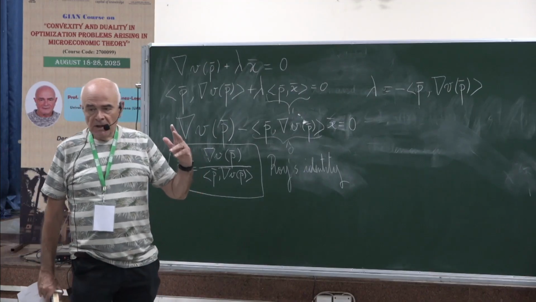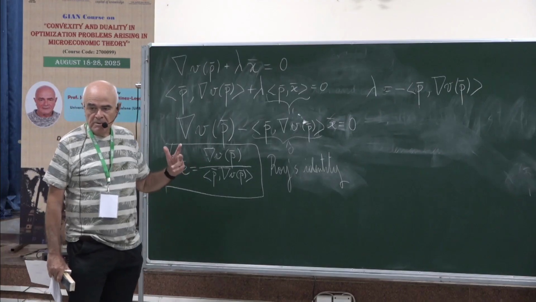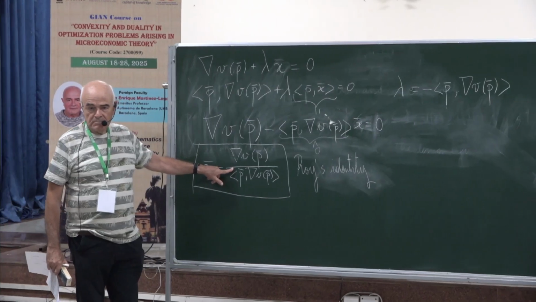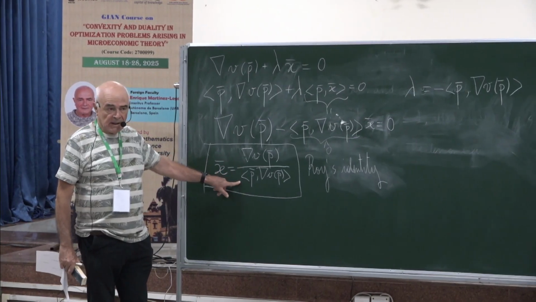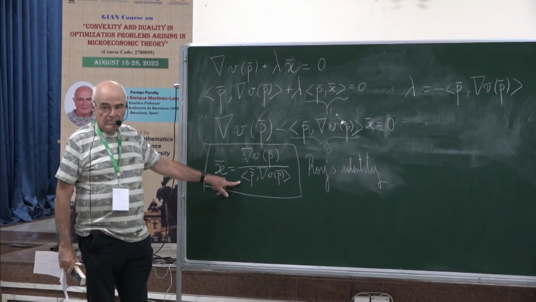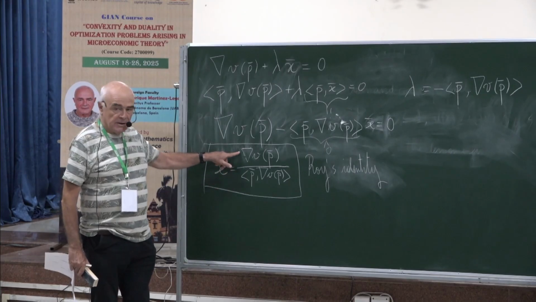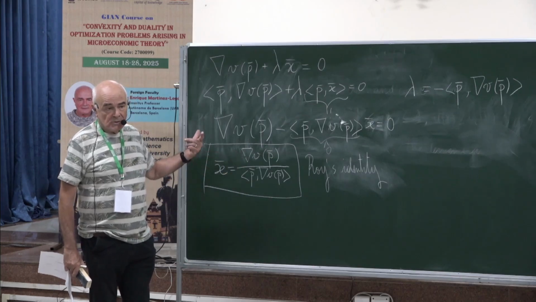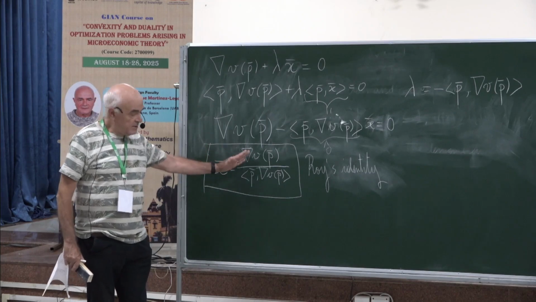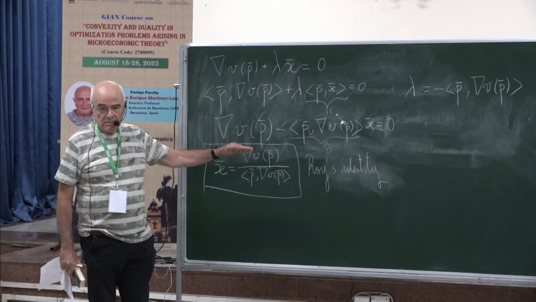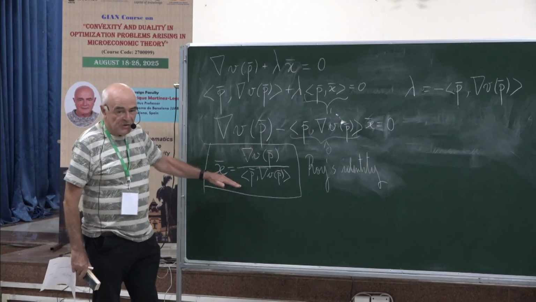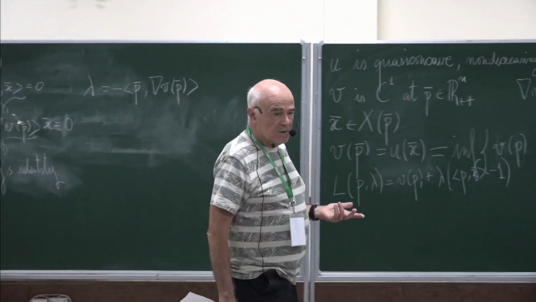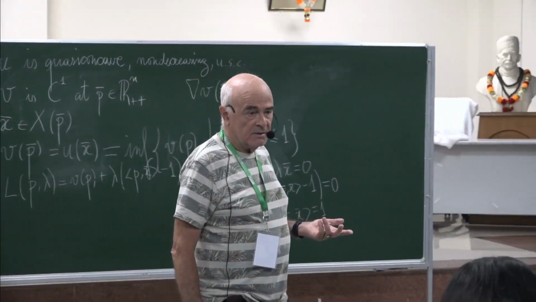So multiply it by a number such that the cost is equal to 1. Dividing by this scalar has the effect that if you take the inner product of this with p bar, so you evaluate the cost of buying this vector, then it's equal to 1. So this is the coefficient which normalizes. Said in a simple way,